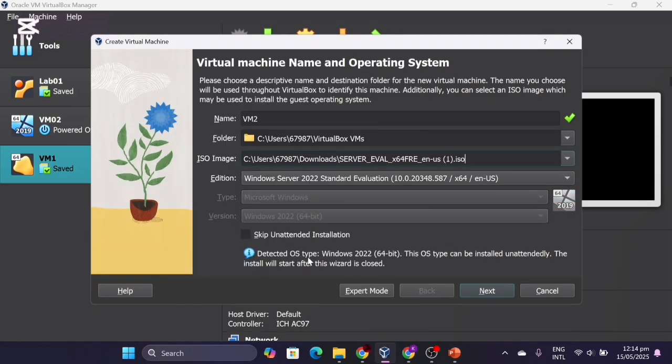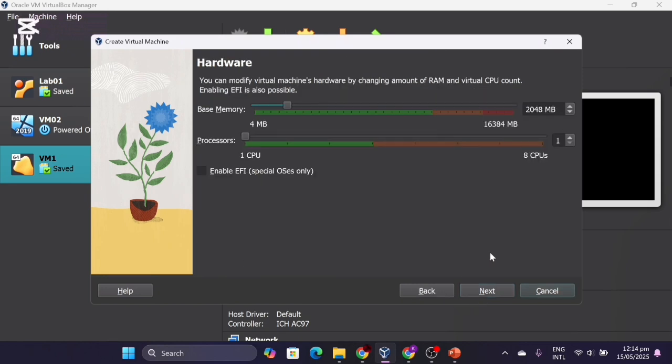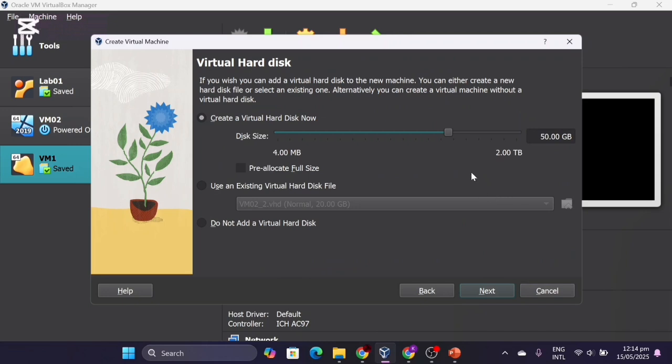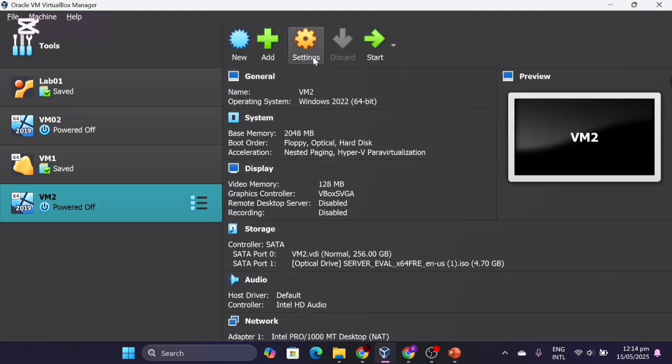Open this up, skip unattended installation, next. We'll keep it as it is, next. We'll set our disk size to 256 GB. Next, finish. Now we'll go to settings